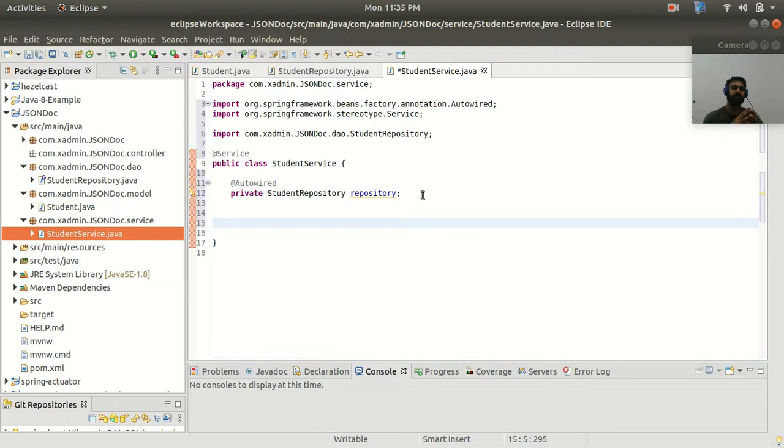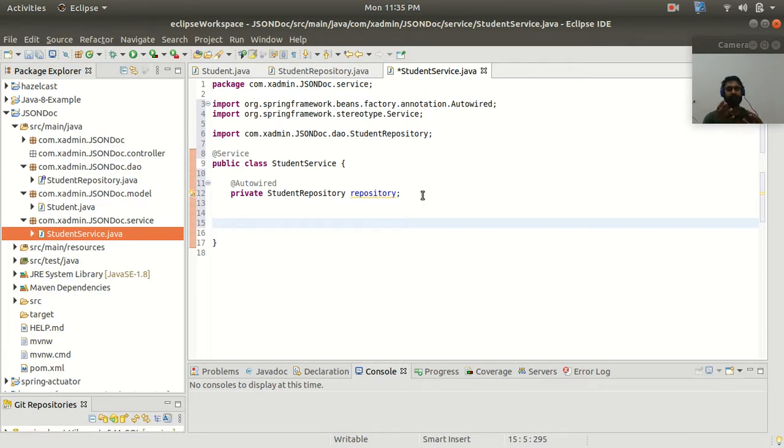Now inside this service class, I am going to create three methods. The first method is to save a new student inside my H2 database, then a method to get all the student objects available in my H2 database inside my table student, and then a method to delete a particular student from my H2 database with a particular ID.